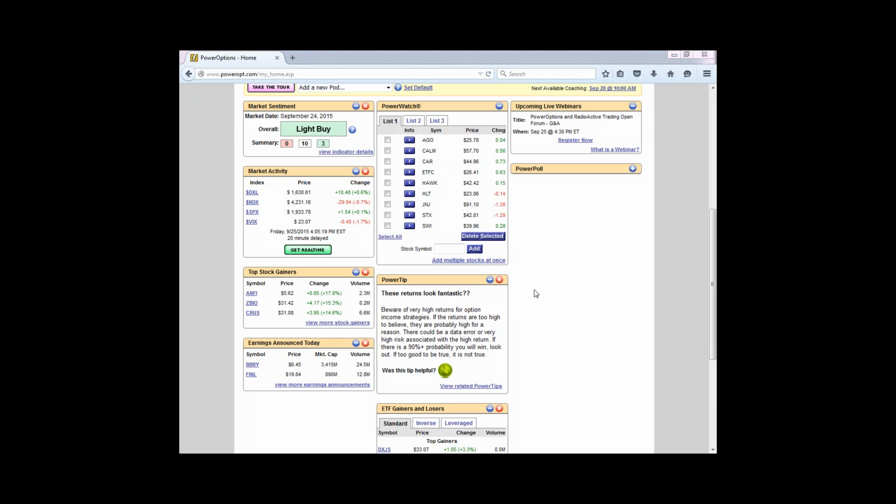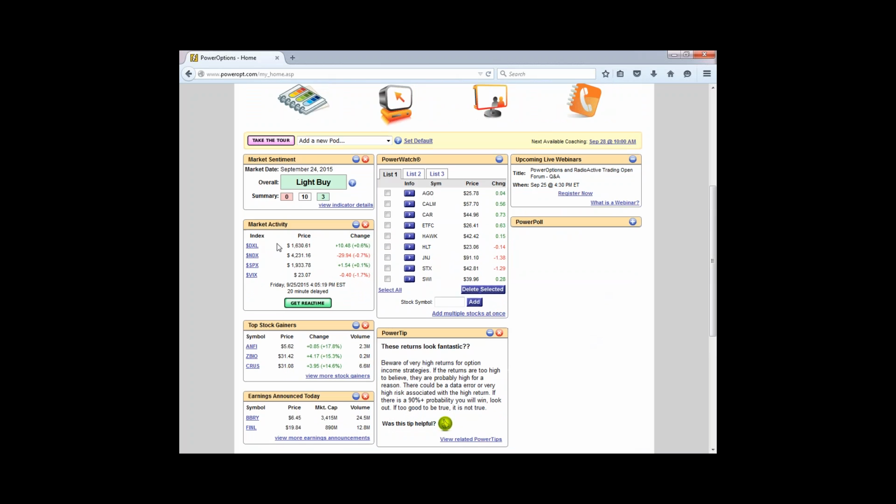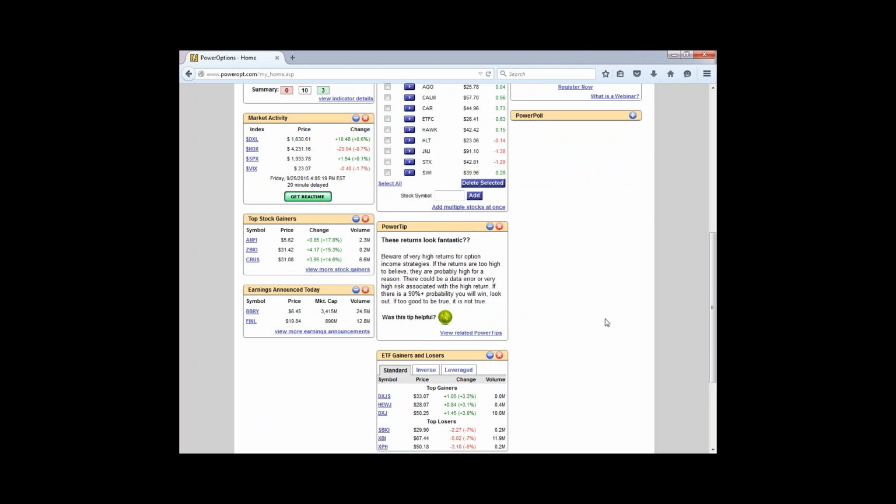Anyway, long story short, the data pods here you can select so you can get a basic market view when you first log on. When I first log on to Power Options, I take a look at the market sentiment from the close the day before. I'll look at the market activity for the basic indexes and the VIX, just see what the market movement's doing right at the open. We have other data pods you can select, ex-dividends, earnings announced today, for example, stocks hitting their new 52-week highs or 52-week lows, top stock gainers and losers, as well as the top industry gainers and